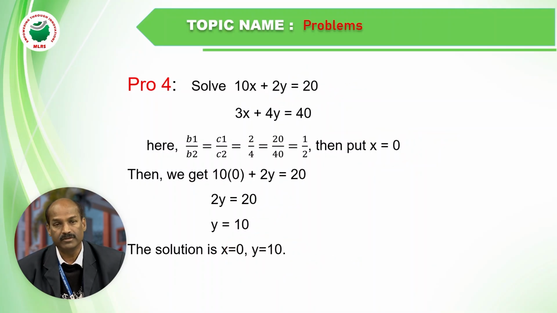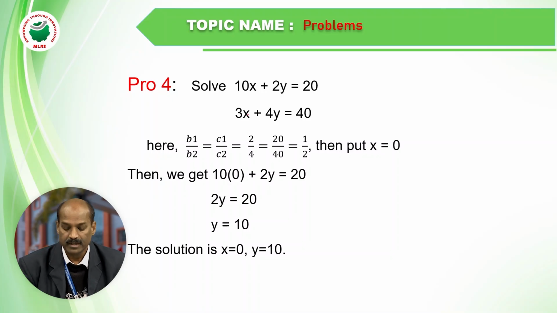Similarly, we can solve the fourth problem also. Here, what is the fourth problem? 10x plus 2y equal 20 and 3x plus 4y equal 40. Now you call it as first equation is 1. Then what are the coefficients here? A1 and this is B1 and this is C1, and next this is A2 and this is B2 and